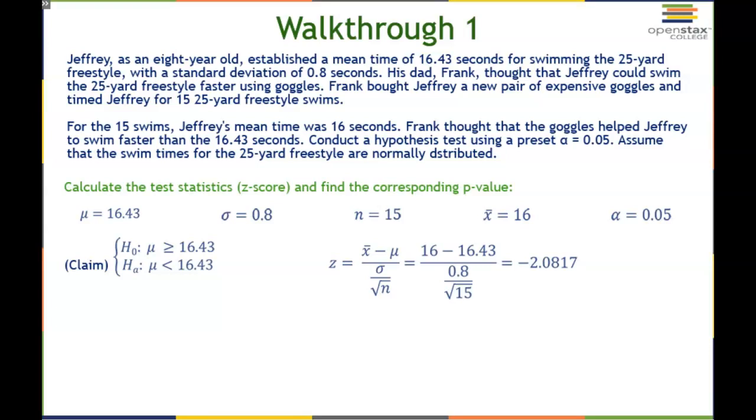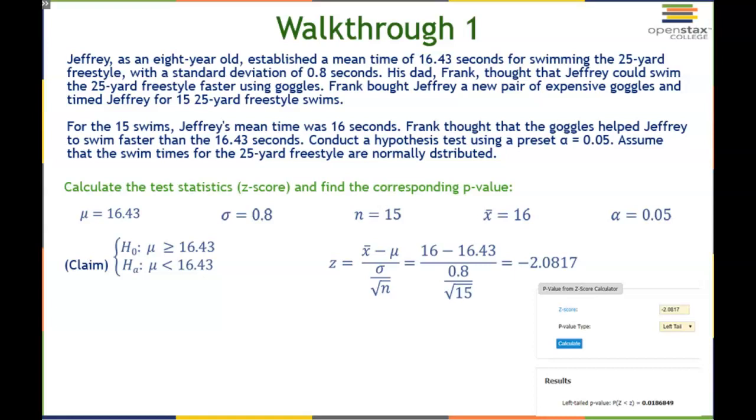Now that I have my z-score, I am going to use the website to find my p-value from my z-score, but I also want to know what type of test this is, if it's a left-tailed, a right-tailed, or a two-tailed. Looking at HA, our symbol is less than, and that's pointing to the left, and therefore this is a left-tailed test. Plugging in my z-score, saying that it is a left-tailed test, I get the p-value of